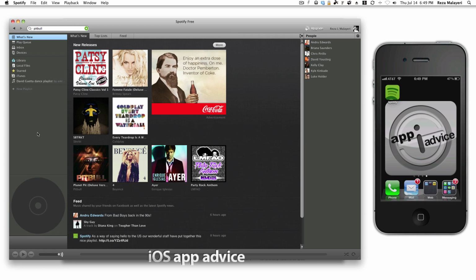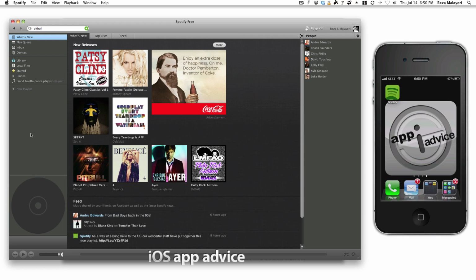And if you get your invite and you install it, it pulls in all of your own music, and also you can pull in your Facebook friends, which I have on the right hand side. You can see some of my Facebook friends, and it also tells you what type of account you have. So if you look at the very top of the Spotify app, you can see that it says Spotify free, and so it's really awesome.